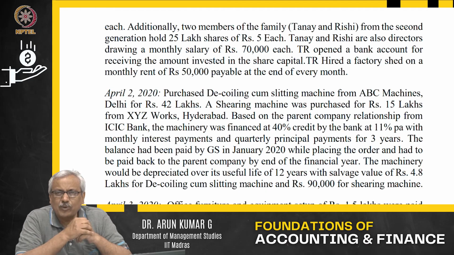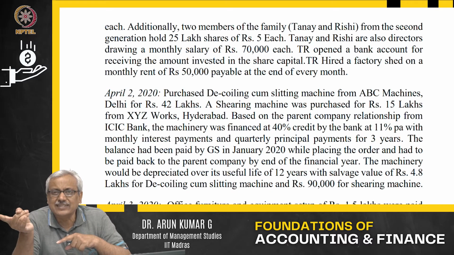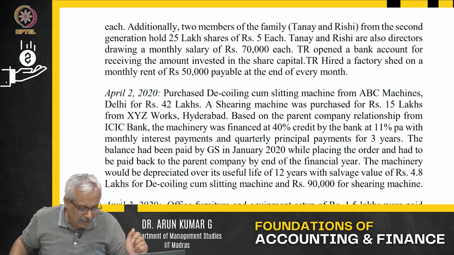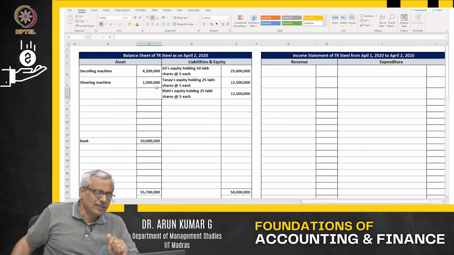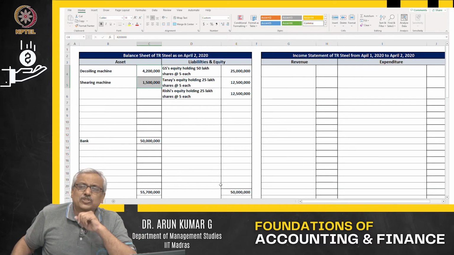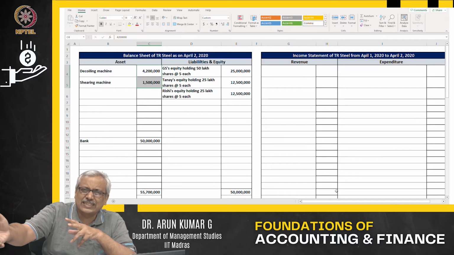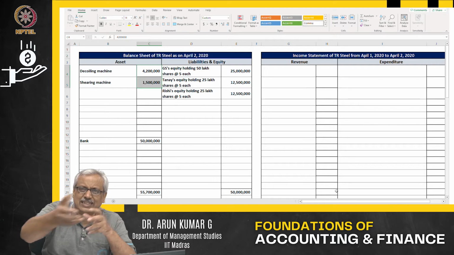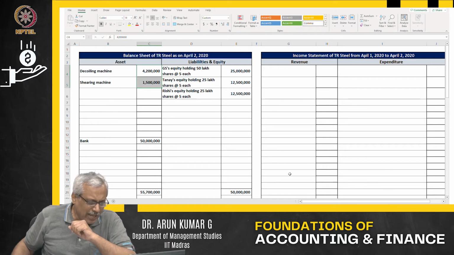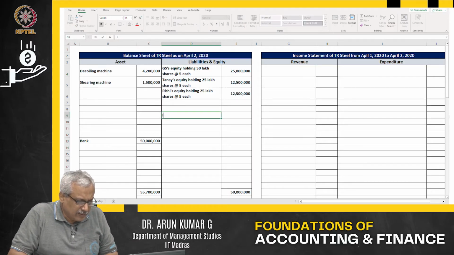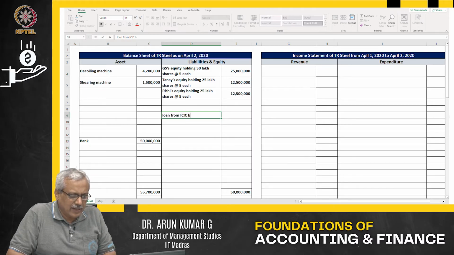So, when you have borrowed money, what is it? Liability. There is a liability. Let us go back here, in this particular case. Let us go back to the Excel sheet. 40% of the value of these two put together, you have financed it from a bank. You have taken a loan to the extent of 40% of the value of these machines and then bought these machines. So, what happens? Loan, there is a loan from ICICI Bank